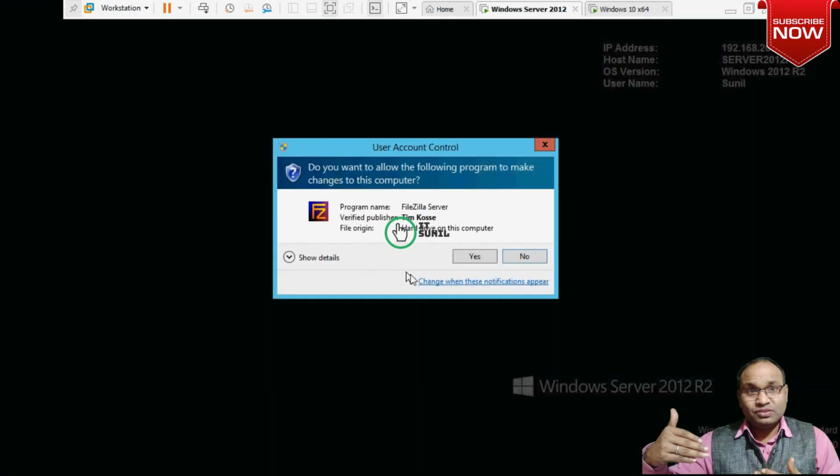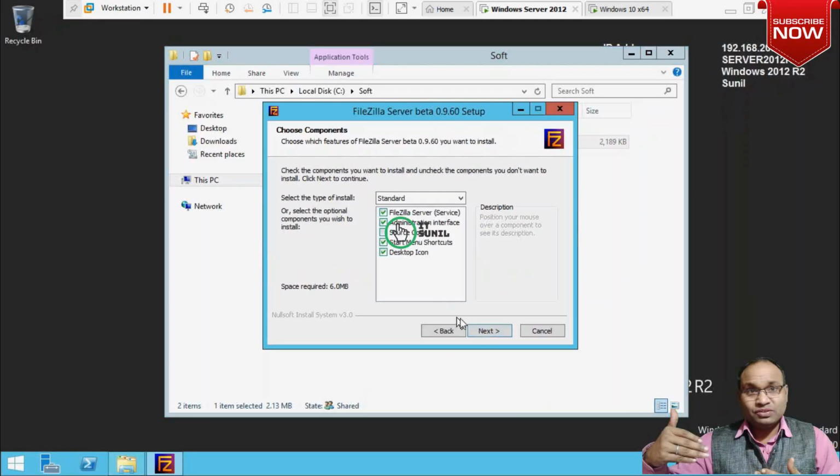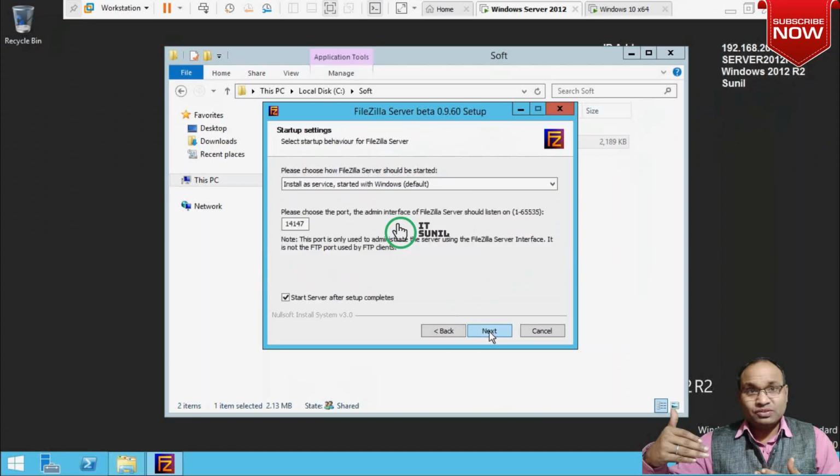So I'm going to install. Agree, next, click next. This is the port address. FileZilla port address is 14147. If you want, you can change it.